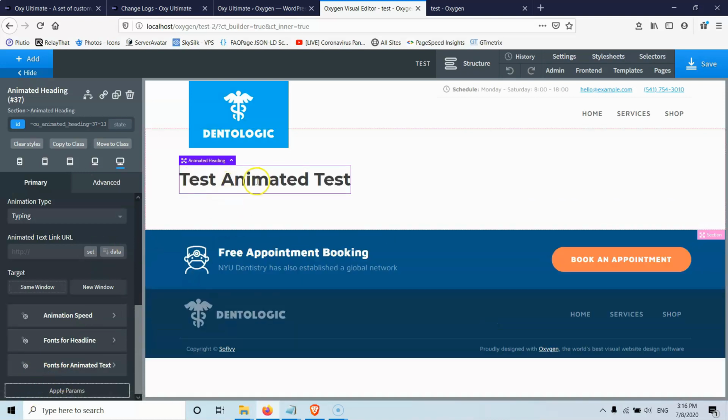Now I would like something that will not drag the text, the second test here, to go straight down here. So every time the animated word disappears, the test word will go here. If I have a long text like a whole sentence and I just want to change one word, it will look a little bit ugly.